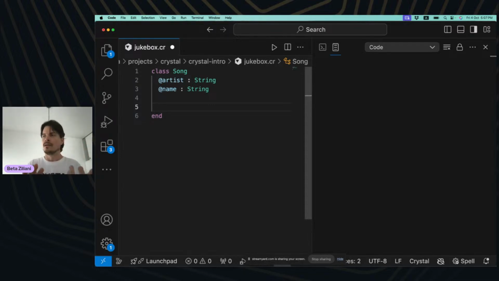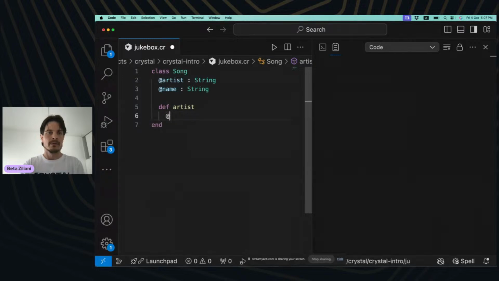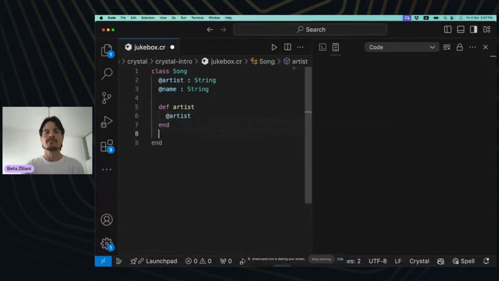Now, when we have the properties, we like encapsulation, good object-oriented encapsulation. That means we want getters to access these fields. So we can say, for instance, def artist, that's equal to @artist.